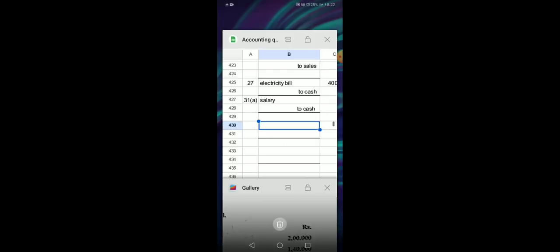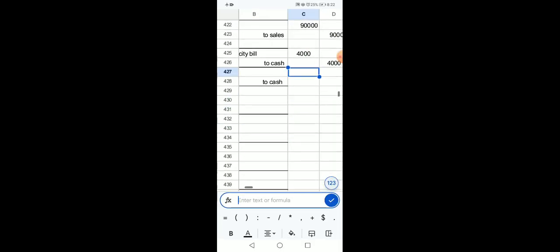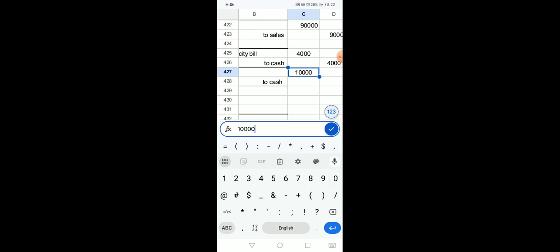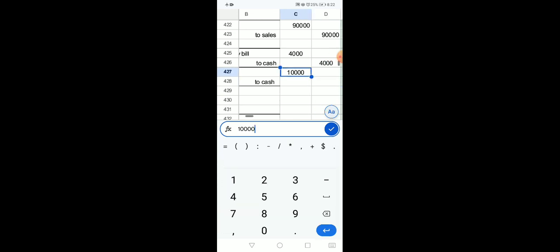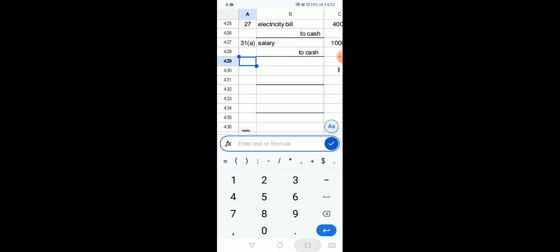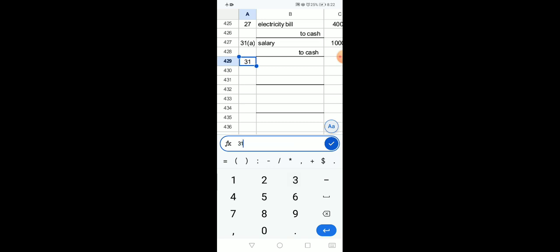Entry is salaries to cash, 31A. Now let's see how much the amount of salary is. It is a little misprinted, perhaps 10,000. We will check it out. Amount of salary is 10,000, so you will write 10,000 over here, and the same amount would be written on credit side. This way entry has been completed. Now let's see what is next for us, and that is again 31. So you will put 31B entry,